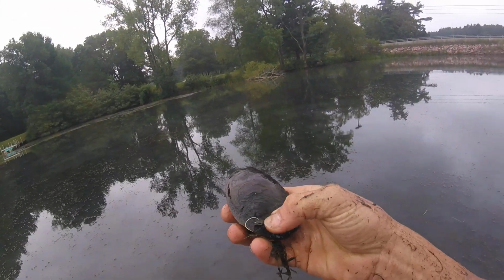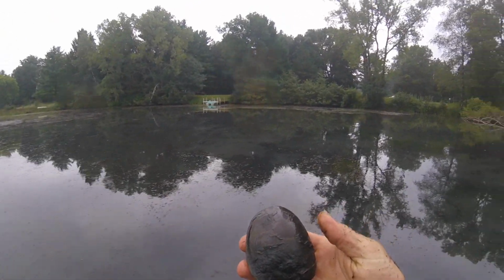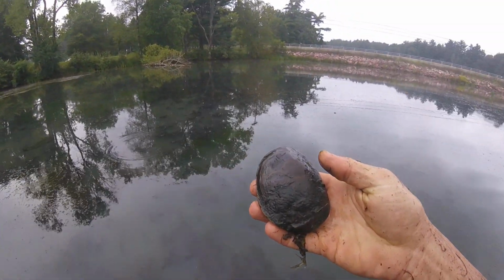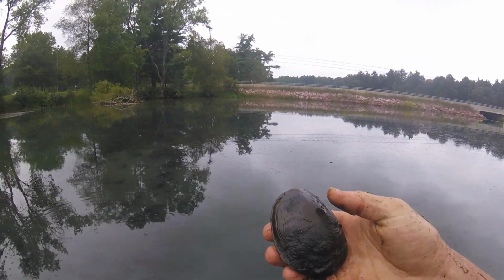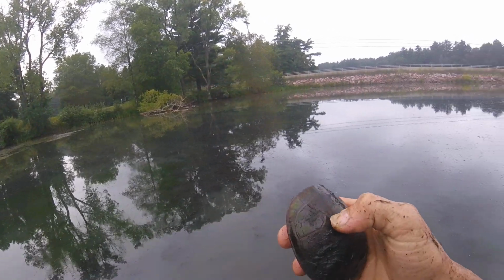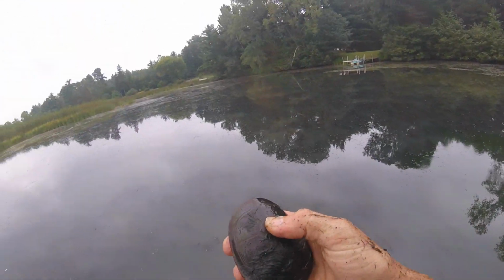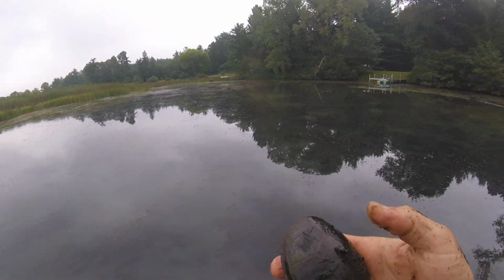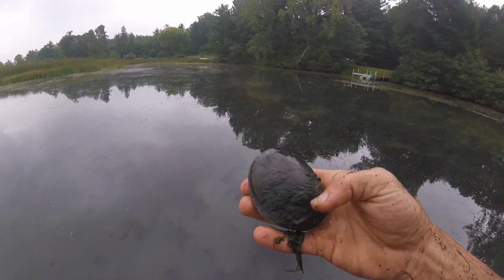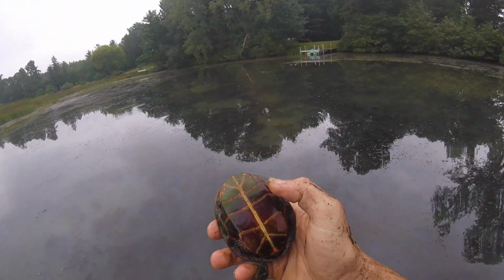This guy's got a little bit of moss growing on his back, and as they grow, just kind of like some insects will shed their exoskeletons, or snakes will shed their skin, each little one of these scutes, these little sections of their carapace, will be able to fall off and have a bigger one grow underneath of it. So they'll moss up for a while, but then they'll be clean again. And when they moss up too, all this